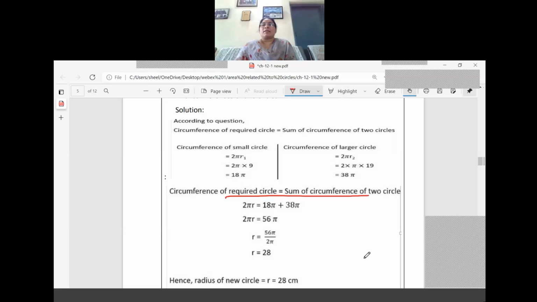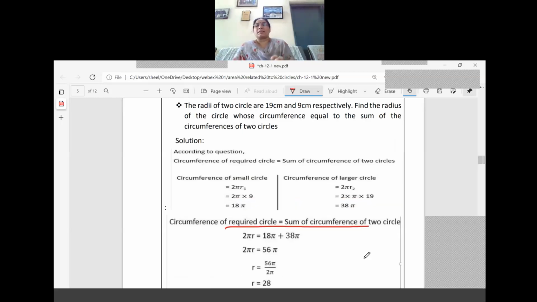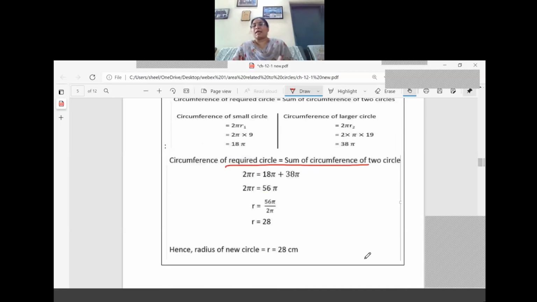Now listen children, when the question is asked as an MCQ, see that 19 and 9 centimeter are the radii of the two circles. Now the question asks for the larger circle's radius only. You cannot always just add. You should solve and see. In this case what we are getting, 19 plus 9 equal to 28. Understood? This is a circumference, so the rule is applicable here. That way also we can do: 2 pi r equal to 2 pi r1 plus 2 pi r2. So that 2 pi will get cancelled. So what is the sum? 19 and 9 you take. What answer are you getting? 28. So the radius of the new circle equals 28.